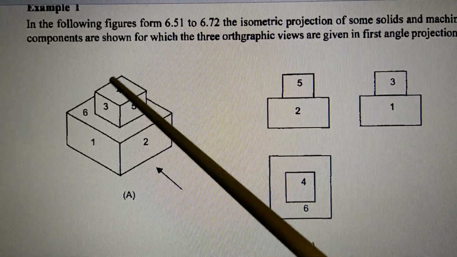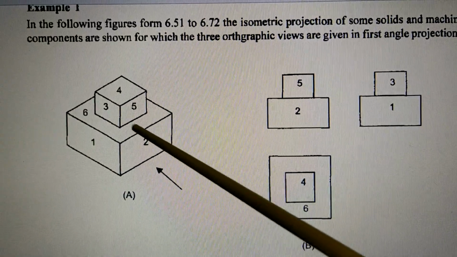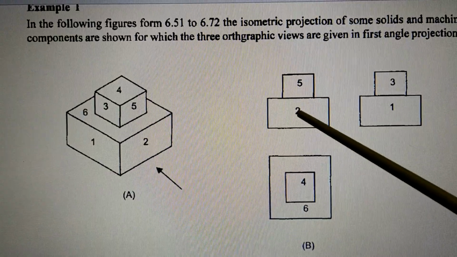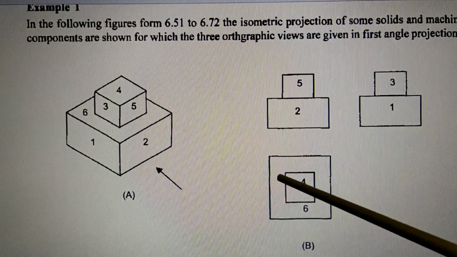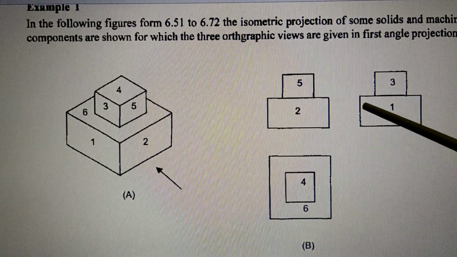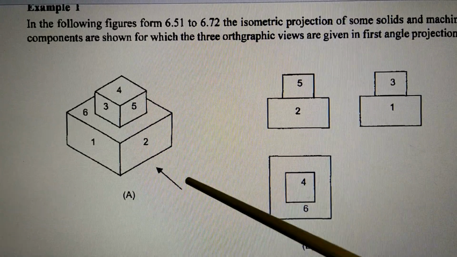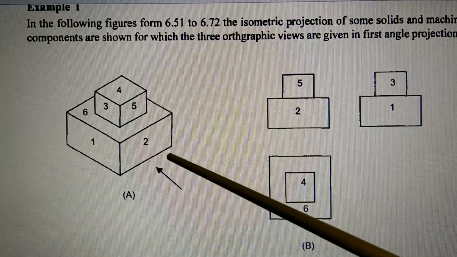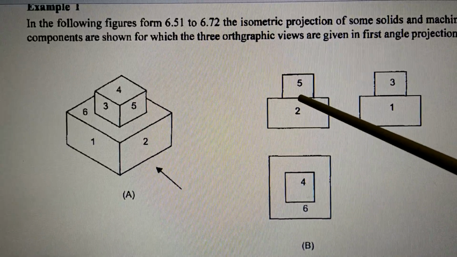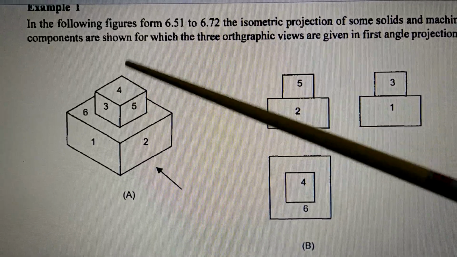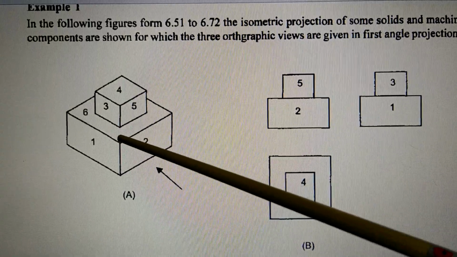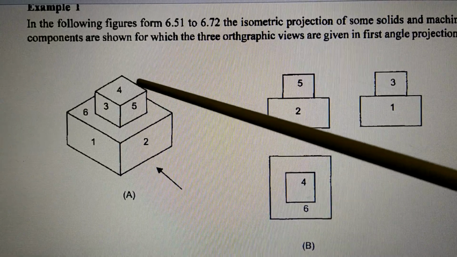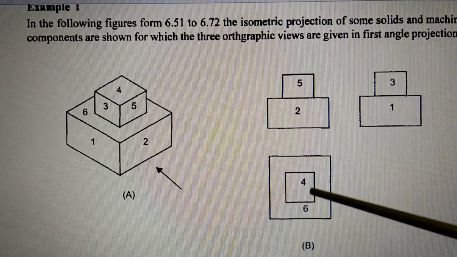So here again there is one object, and this object we are seeing in this direction, and now we are going to draw the front view, which is drawn here, then the top view is drawn here, and then the left hand side is drawn here. So just see, when you see in this direction, you see front surface 2, above 2 there is 5. So this is 5. When you see from top, when you see from above, that time you will see this 6 here. So this is 6. Then there is 4. So you will see 4 here.